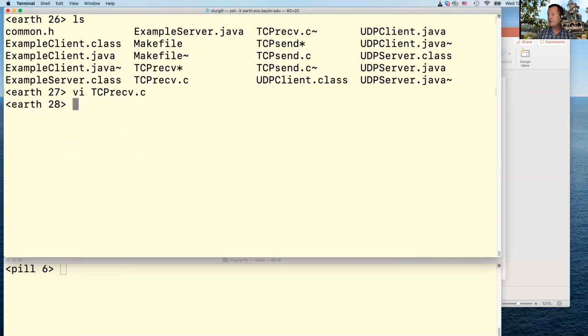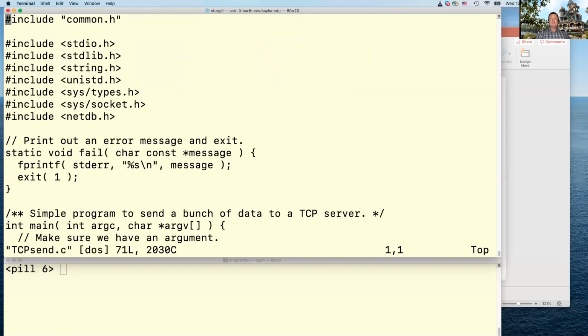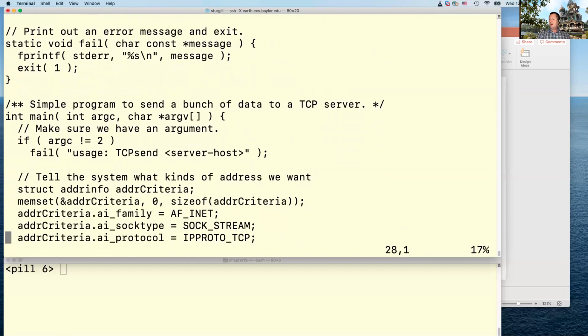This is already compiled and ready to run. But before we run it, let's take a look at the client side. This is the one that's going to connect to the server, and it's going to try to push a megabyte of data across a TCP connection to that server. This is TCP send. It's a little bit shorter because it doesn't have to bind the socket. It doesn't have to accept connections. So down here in main,